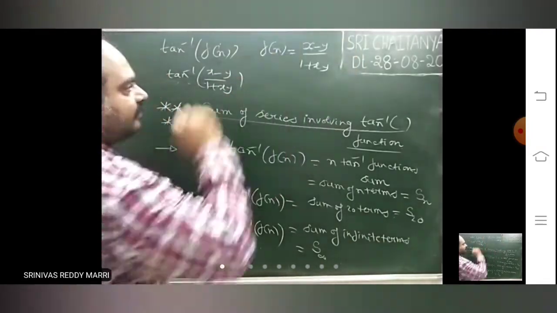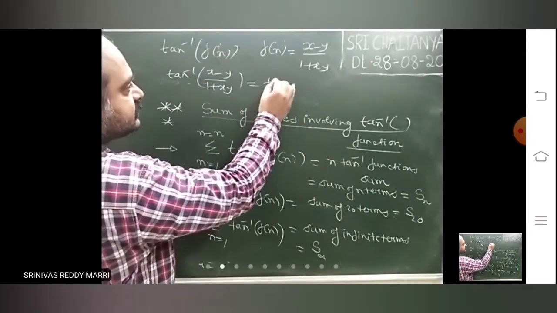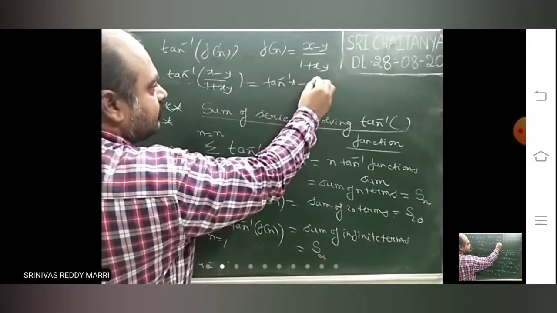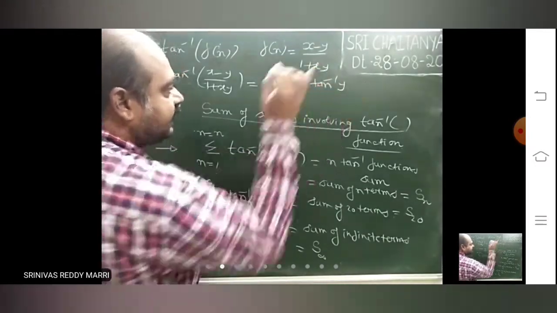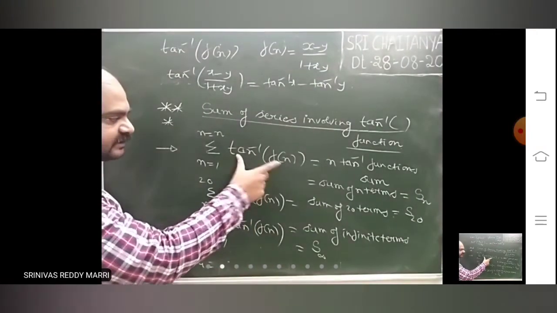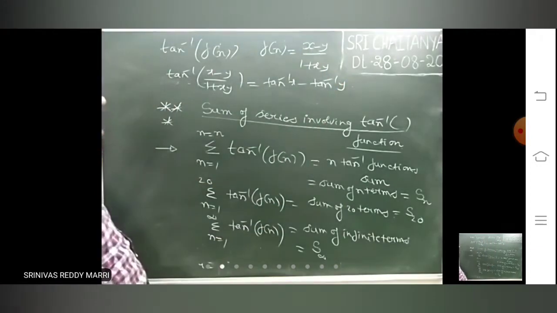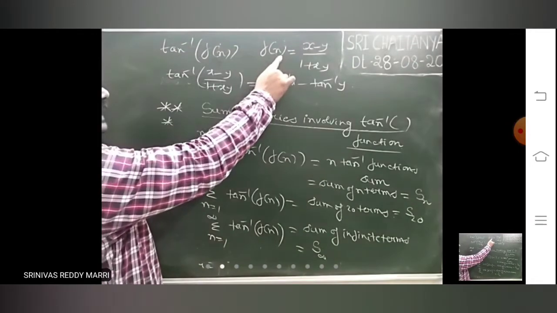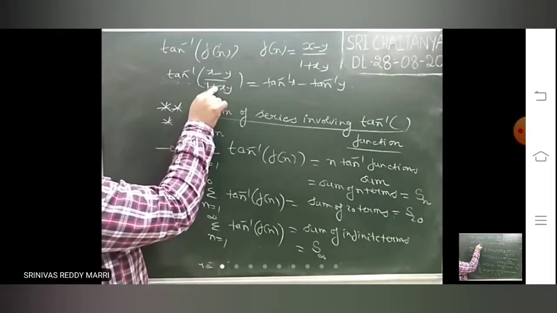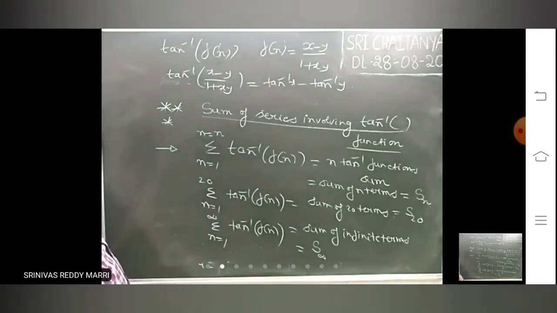If you convert it in this form, then f of n is x minus y divided by 1 plus xy. This is nothing but the formula I told yesterday: tan inverse x minus tan inverse y. First basic step: tan inverse is there in sigma. Take this f of n and first bring it to the form x minus y divided by 1 plus xy, and substitute in f of n. That means tan inverse f of n is nothing but tan inverse x minus tan inverse y. Convert to that. We will see models, but if you look at the example, you will understand clearly.